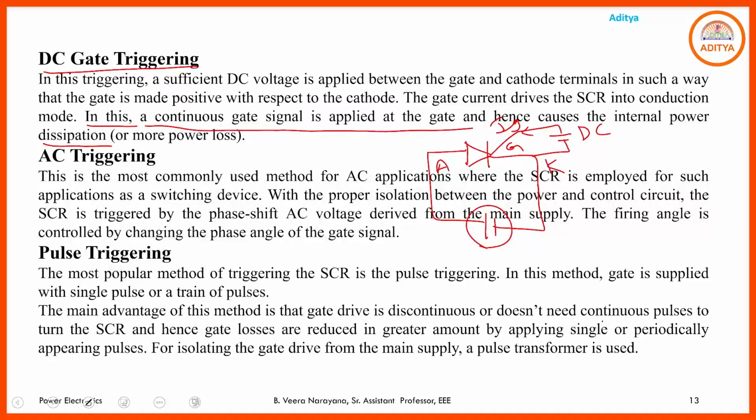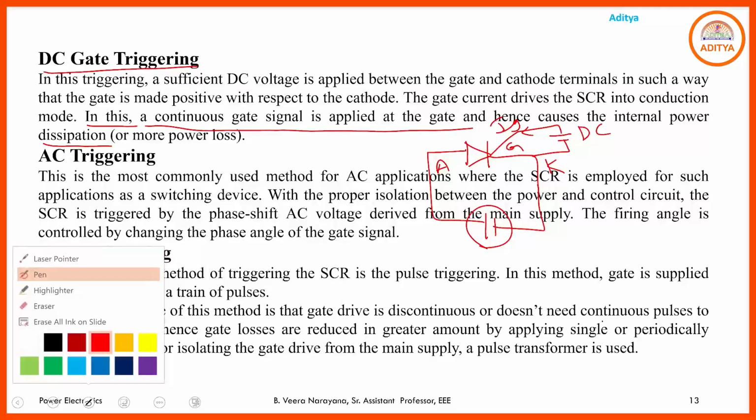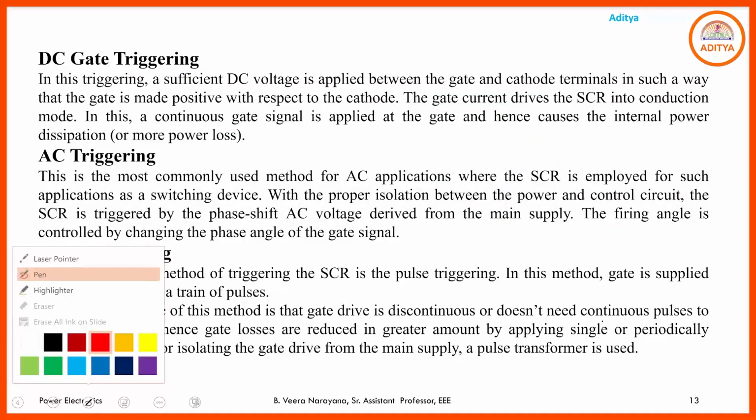Here the SCR is triggered by the phase shift AC voltage derived from the main supply. Corresponding to that, the firing angle is controlled by changing the phase angle of the gate signal. Okay. So in this AC triggering method, you need to provide the proper isolation between the power circuit and the control circuit. And if you go through this AC voltage, like here,